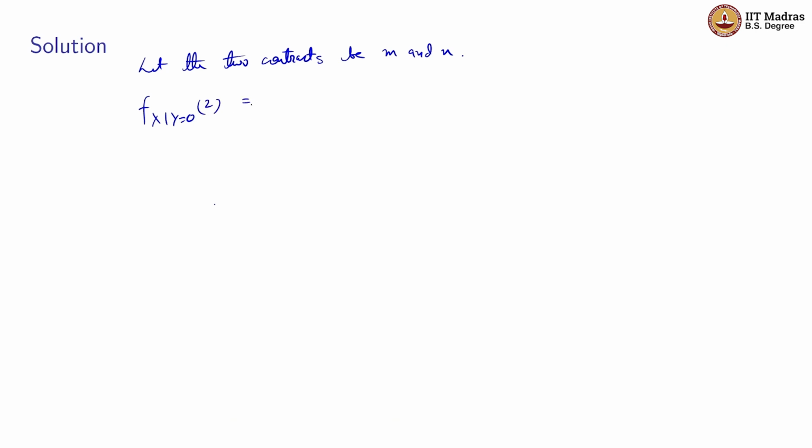So using the definition of conditional probability, this will be equal to joint divided by marginal. This will be equal to the joint probability that X is equal to 2 and Y is equal to 0, divided by the marginal probability that Y is equal to 0. For finding the marginal of Y equal to 0, we'll add the probabilities of all possible XY pairs where Y is equal to 0 is fixed and X takes different values. So this will be equal to the joint probability that X is equal to 2, Y is equal to 0,